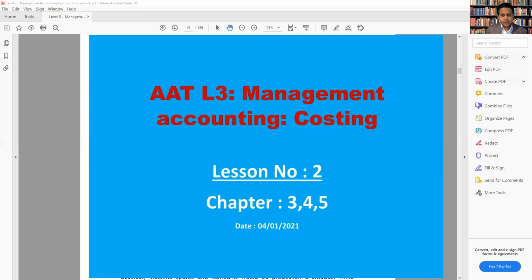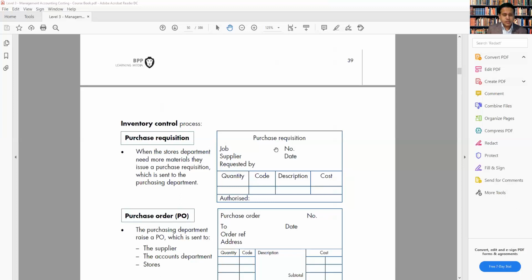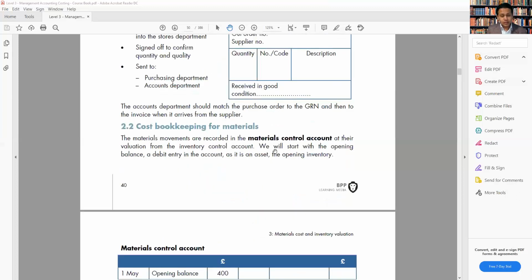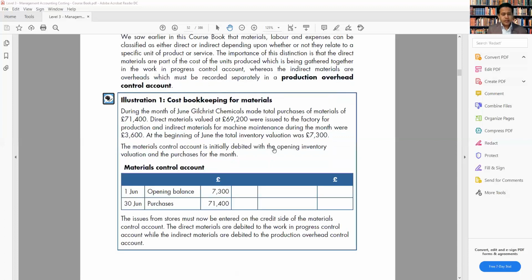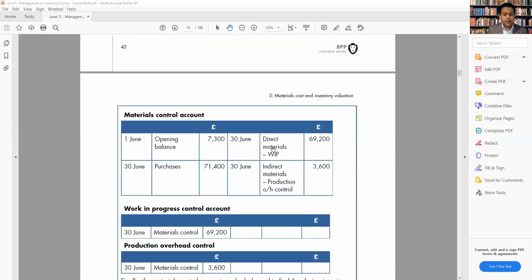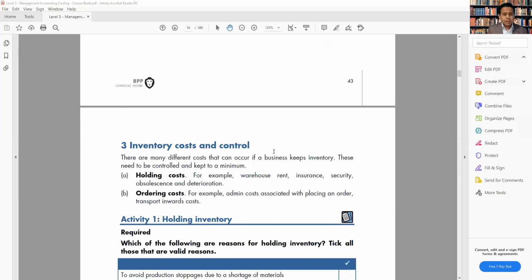Chapter, Material Cost and Inventory Valuation. From this chapter, we're going to see how we can value the material and the cost of the inventory. Now, there is a lot of explanation or anything we have here for the example, but mainly what we need